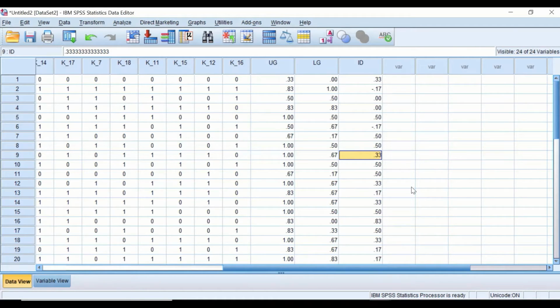One way to do that is an item discrimination analysis based on the formula formulated by Kelley's